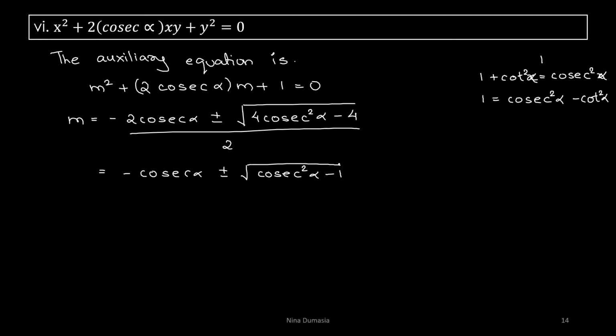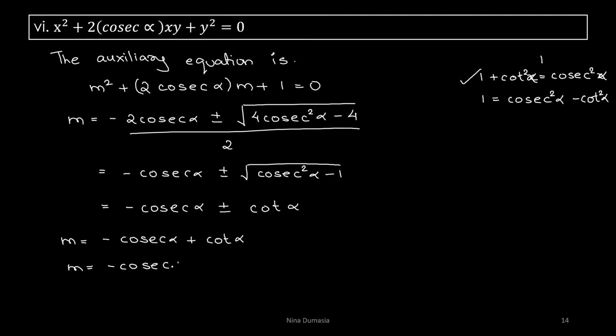Now cosec square alpha minus 1, using the same identity, is equal to cot square alpha. So therefore we have minus cosec alpha, and the cot square we will take out of the square root, so it will just be cot alpha. Okay, so therefore we have got our two slopes. First slope is minus cosec alpha plus cot alpha and second one is minus cosec alpha minus cot alpha,